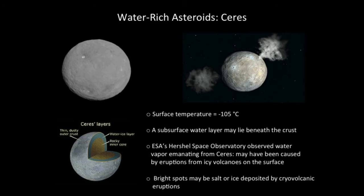If we think about the order of the planets from the sun outward, we have Mercury, Venus, Earth, then we have Mars, then we have the asteroid belt. That's where we find Ceres, and everything else is farther out. So Ceres is pretty cool. If you look at this picture on the bottom, it has this interesting internal structure. It has a rocky core from inside out, a rocky core, then there's a water ice layer, and then there's